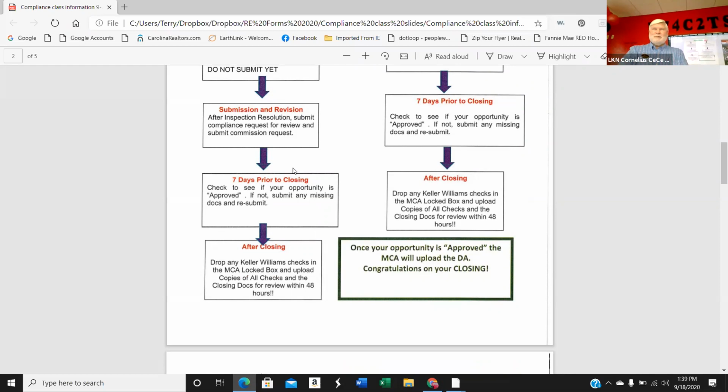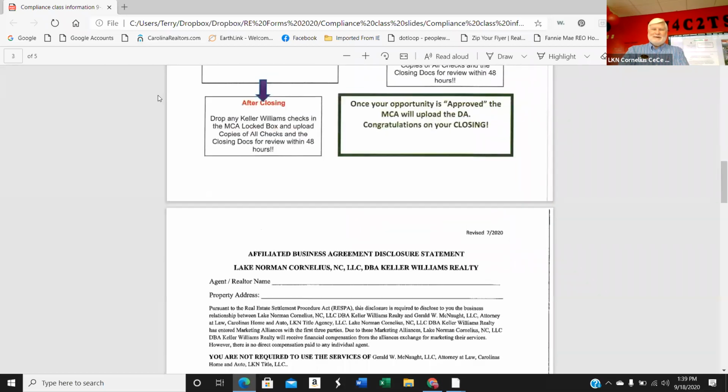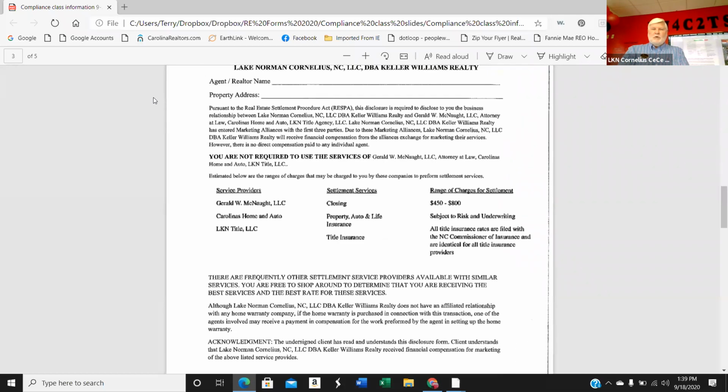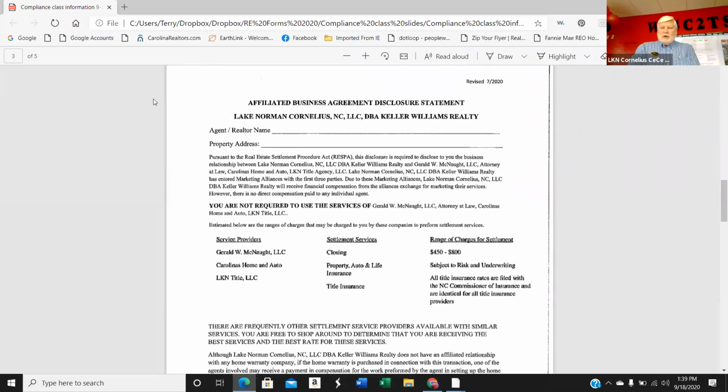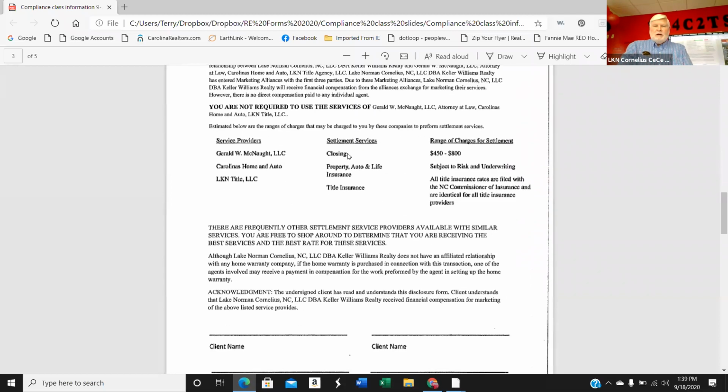Okay, I know I'm going fast, but I promise we'll go in more detail for you. The RESPA form, I think, for the most part, everybody is now using our current form. Unfortunately, this does get revised from time to time if we have a new vendor. But since it is a federal disclosure, we have to make sure we use the current form. And when I return it and indicate that it's an old form, it's to protect the agent and the firm, because there have been lawsuits